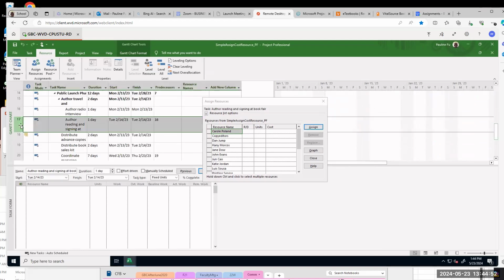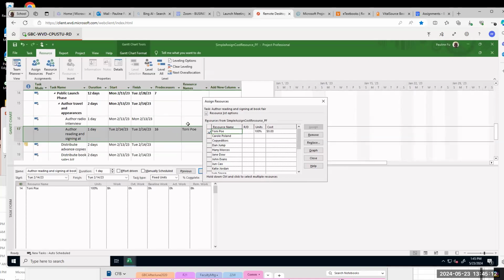So select task 17. And then Tony Paul, okay. Assign. So Tony Paul for task 17.